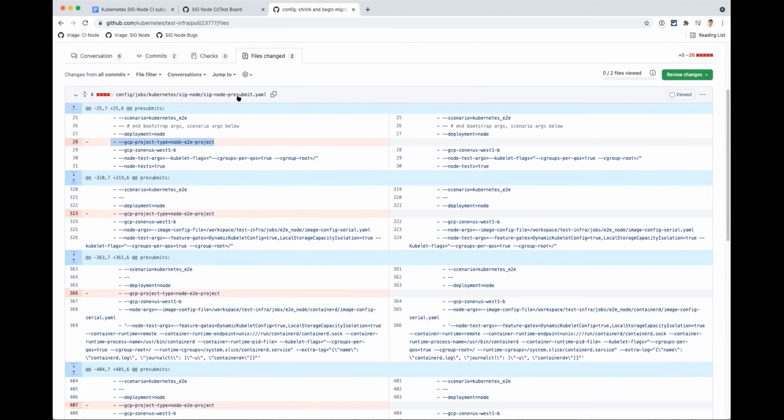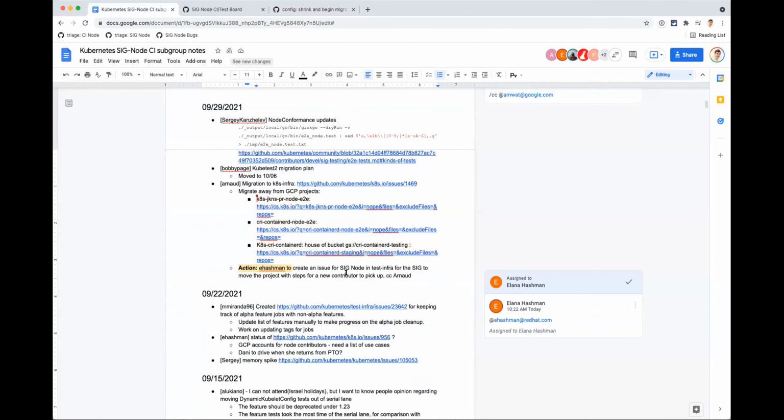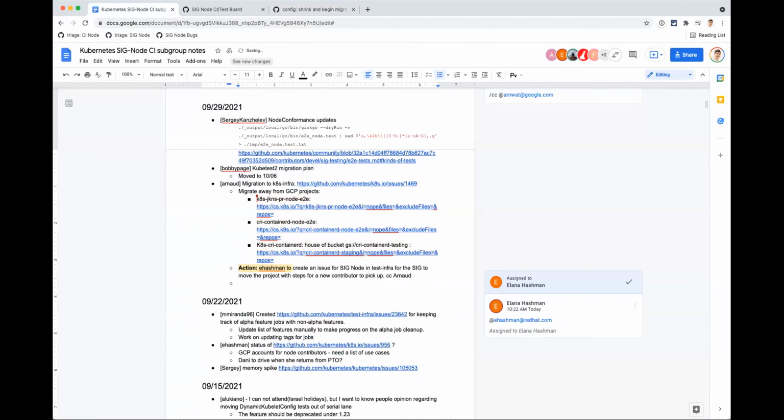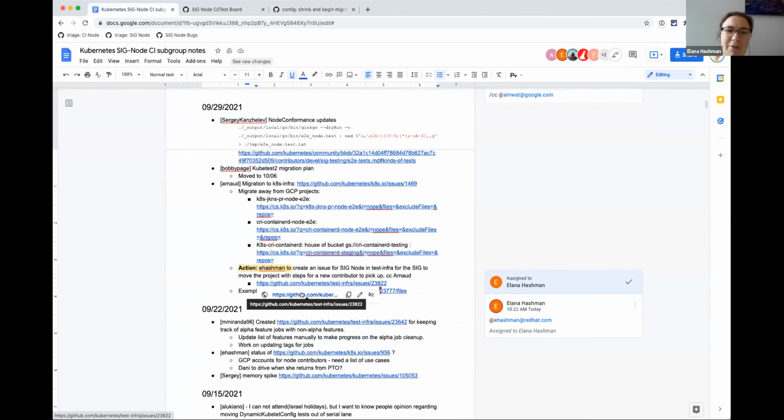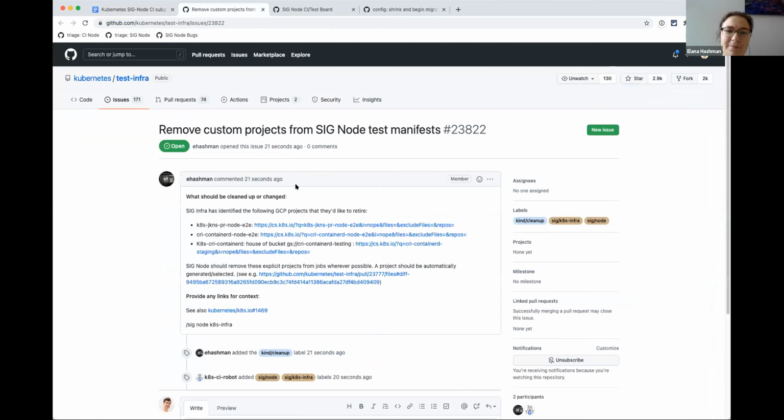So yeah, you can just remove this flag, or we have existing, I think we have some predefined GCP project. I think I can do a PR example, or you can basically check in the issue post. There are many examples on how to migrate. I already had that PR. I linked to the specific file. I've created an issue. You can take a look at that.